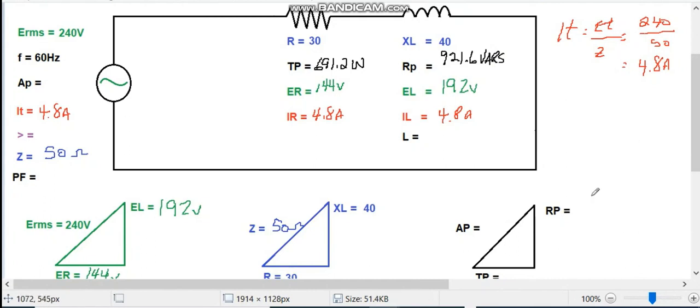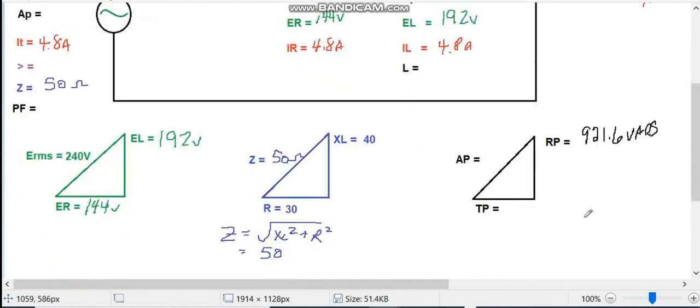There's my reactive power. I put that here. And my true power, which is 691.2